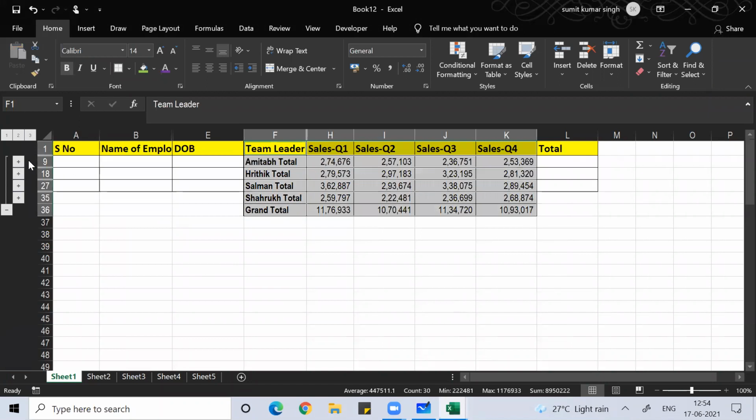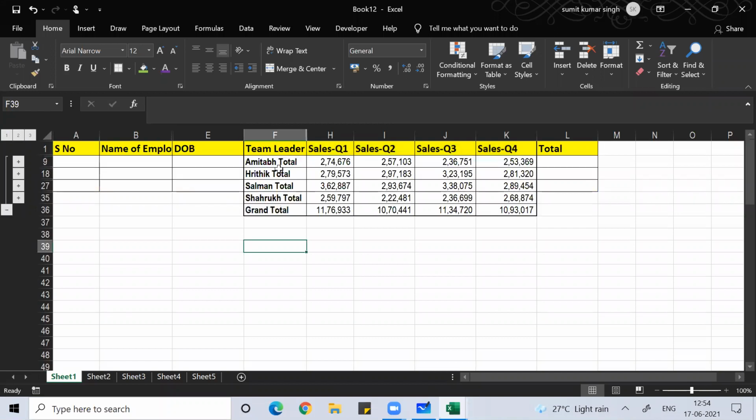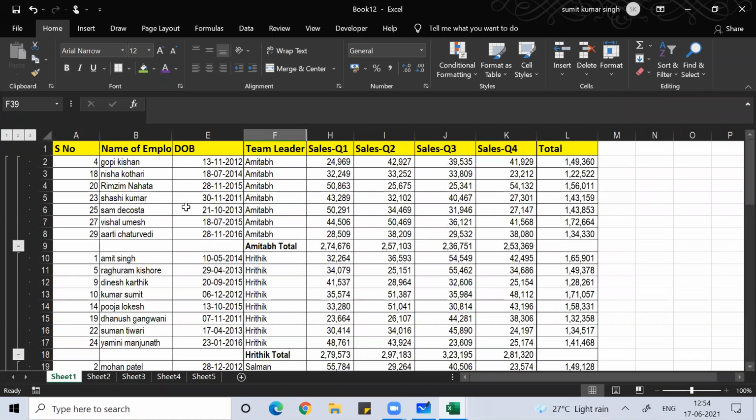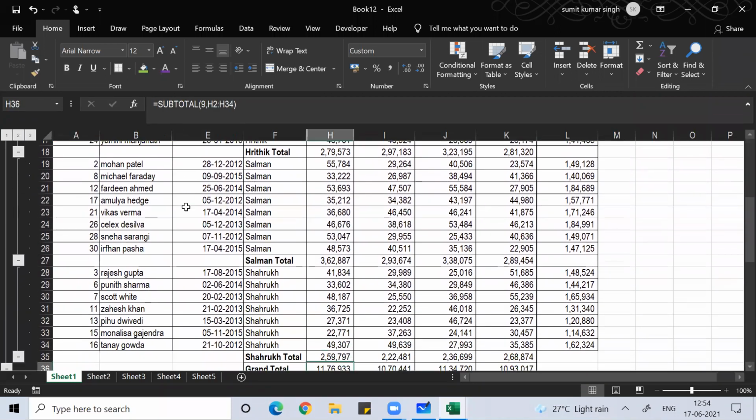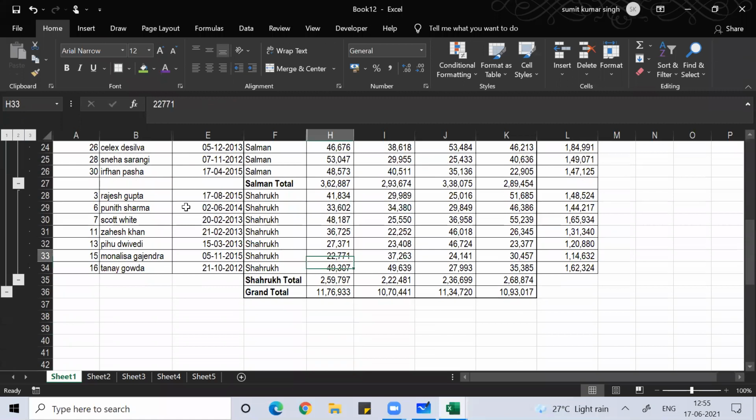So here three windows will come. Whenever you apply subtotal, you'll get three windows. In one window, you can see the grand total. In the second window, you can see team leader wise data. And in the third window, you'll get everything, how that data came. Everyone, please do it by yourself. I already shared the data. I believe Manjesh sir would have forwarded it in the group. I've sent you the link and everything for the data. You can try this. Ask me if you have any doubt.